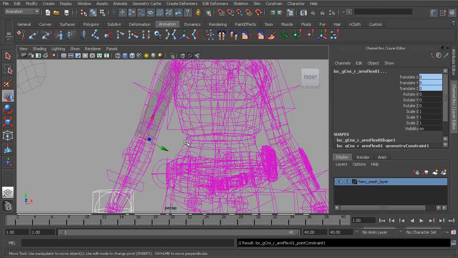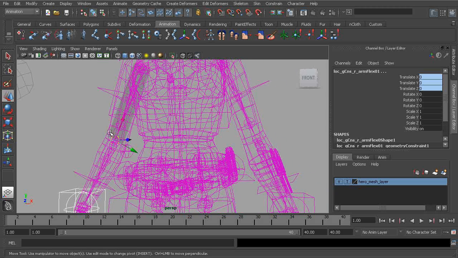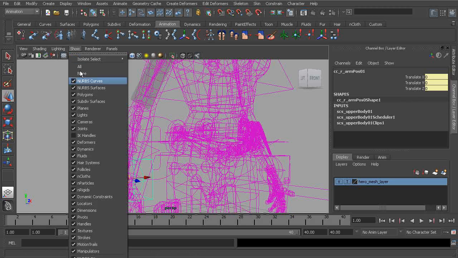So at this point, we could go ahead and choose add. Okay, great. So notice we still have 0 values for our locator, but the point constraint has been created. So that's great. So watch this. If we were to go ahead and grab our arm control, and I'll hide joints,